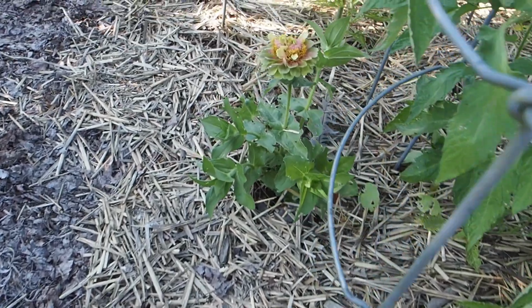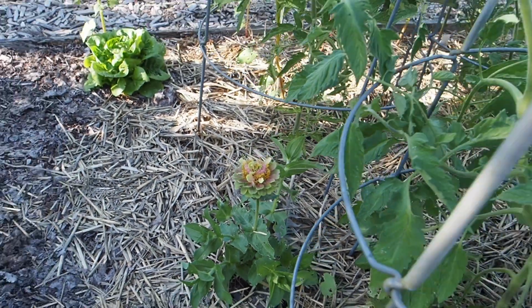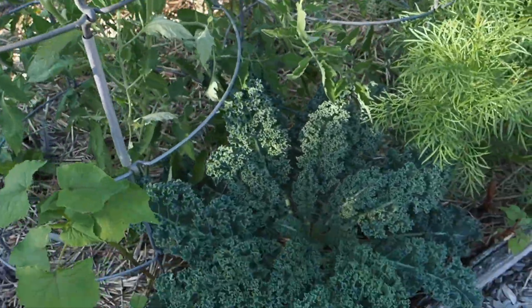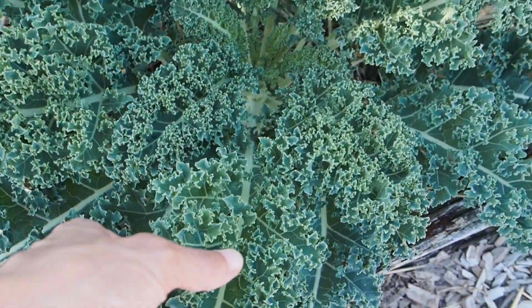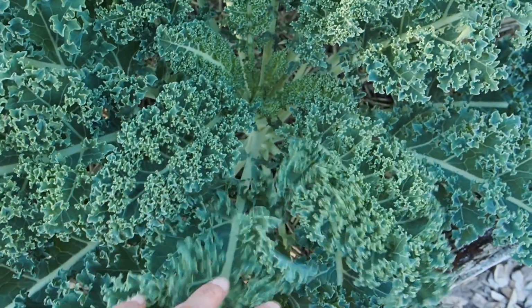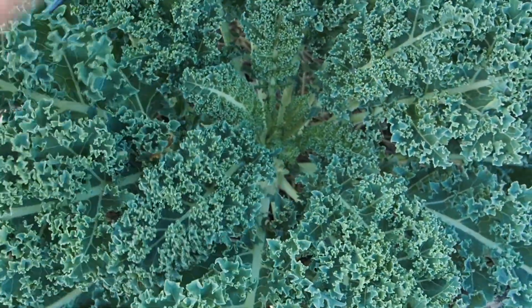And then we've got our Queen Lime Blush Zinnia back here. And then these are 8 of our larger size tomatoes, and I've got kale planted in between. I think I've got 4 kale plants, different varieties. This one is a Blue Vates curly kale. This is one of my favorites, but we've got a lot of kale this year, so I need to start